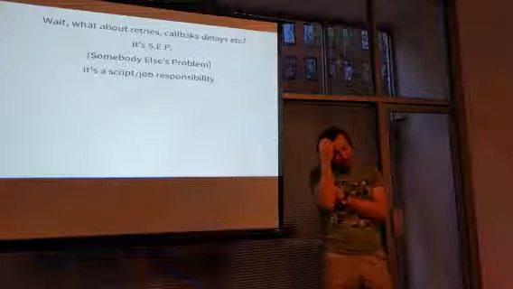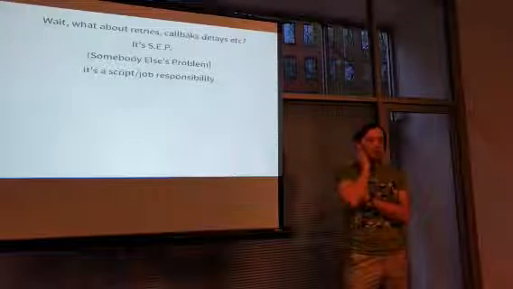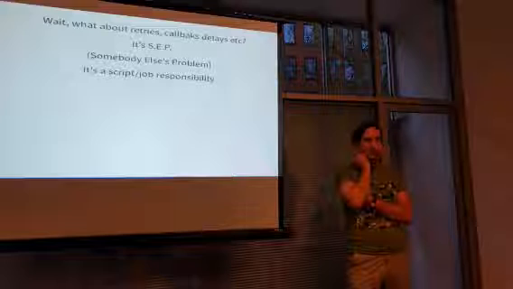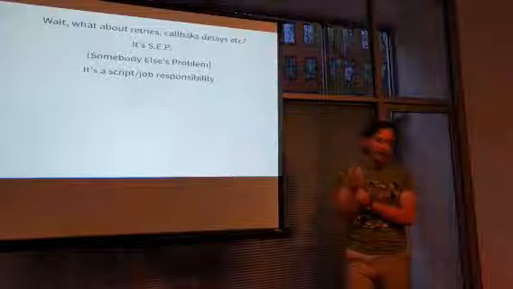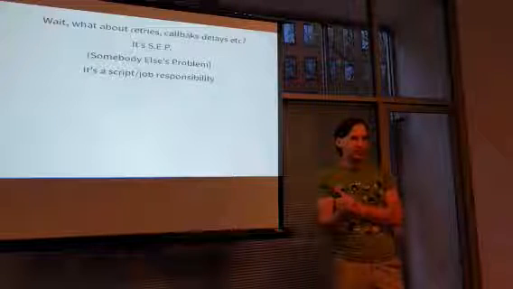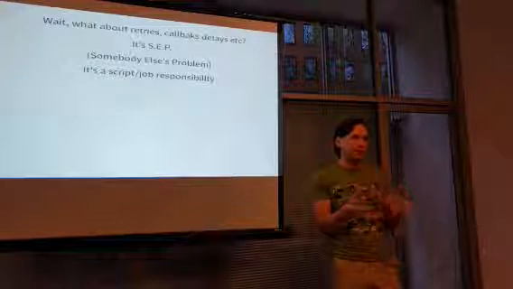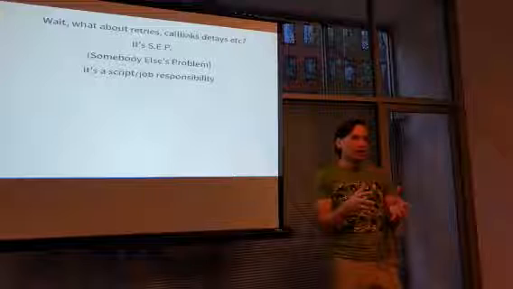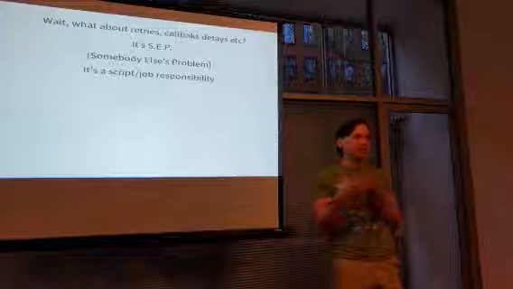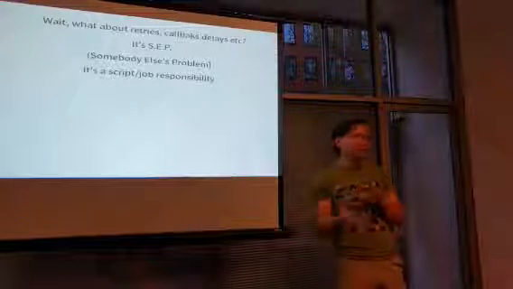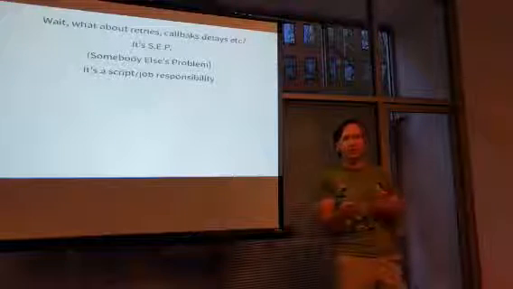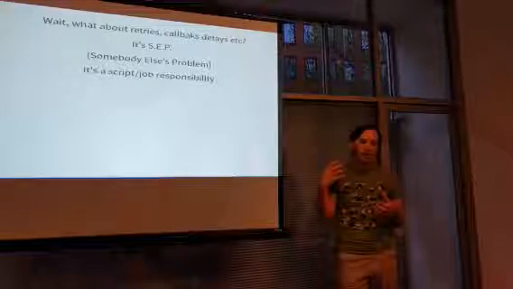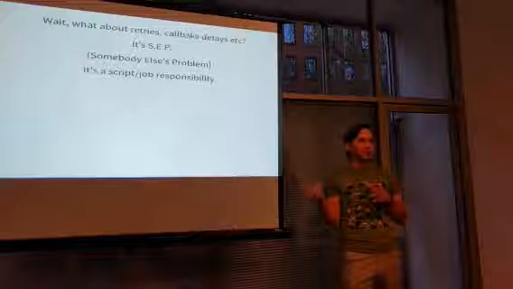In general, it's probably the script or job which is being run that should handle these things. So it should handle retries, callbacks, delays, and whatnot. Because the scheduler itself probably won't know for every single type of job how it should handle these kinds of scenarios. For one kind of job, for example, my reminder email, it would need to retry, let's